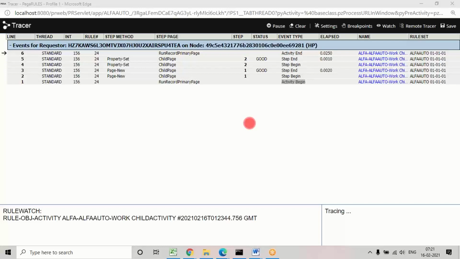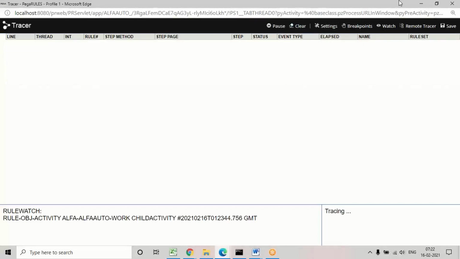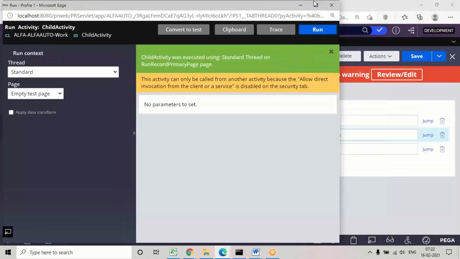Okay, mostly you don't get any errors. There is very little scope for errors. But if you get any issue, we can easily debug using the debugging tools that are available. Suppose I make some mistake, I'll show how it will be. I want to clear these logs. Minimize this window.